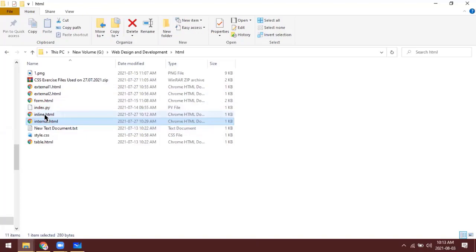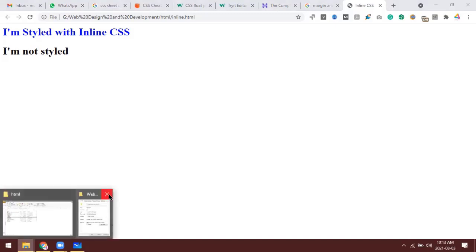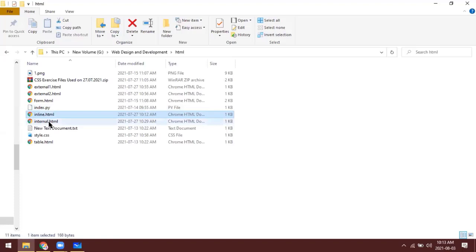If I open this inline CSS, you can see here, this is what we did using inline CSS. And then this is using internal CSS. We have done that, right?